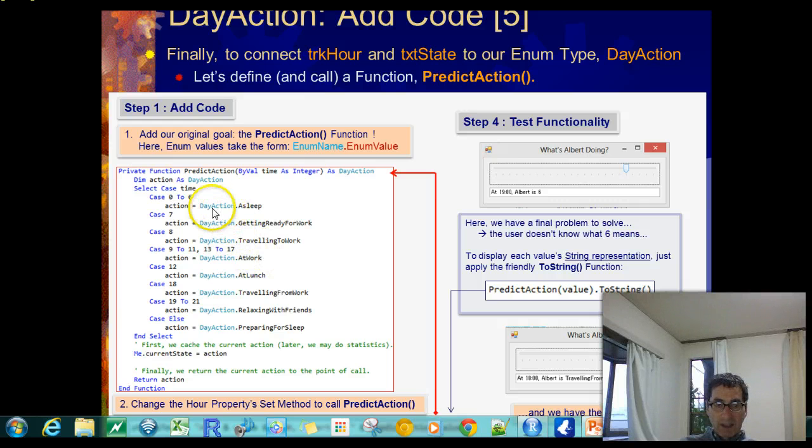So we assign that value in case it's between 0 and 6, and in case that it's 7, this action variable or enumeration takes on this value, and so on. So we're giving a value to action. Okay? And then once we have a value for action, we assign that to